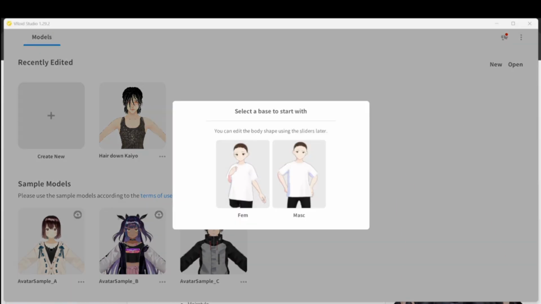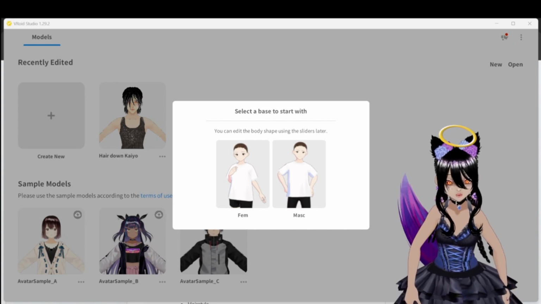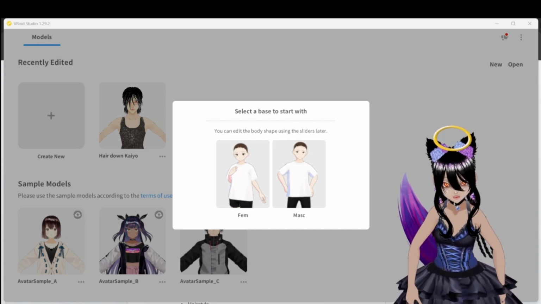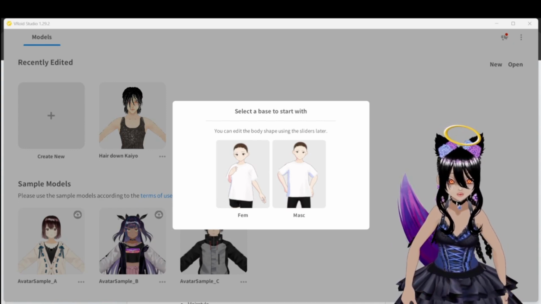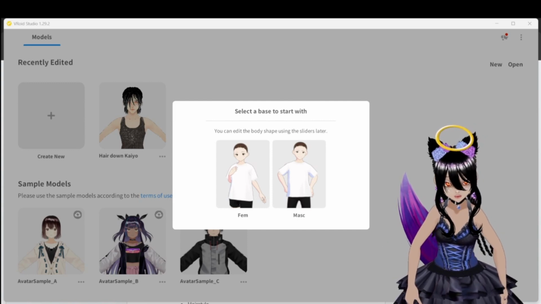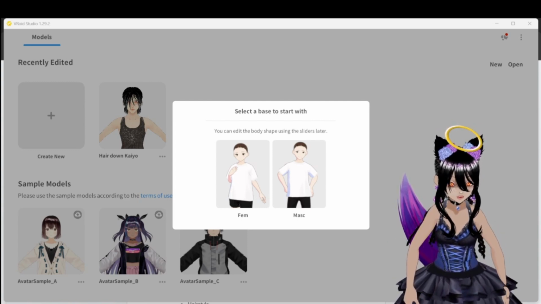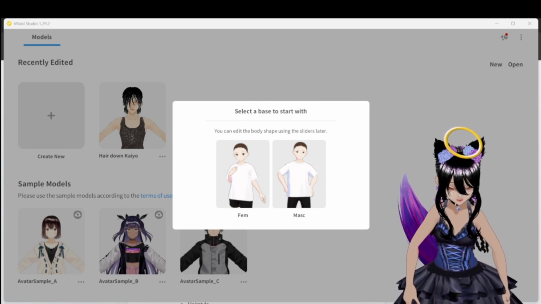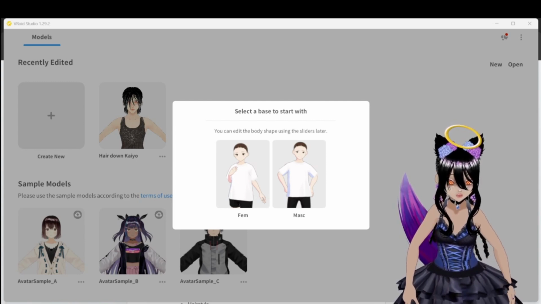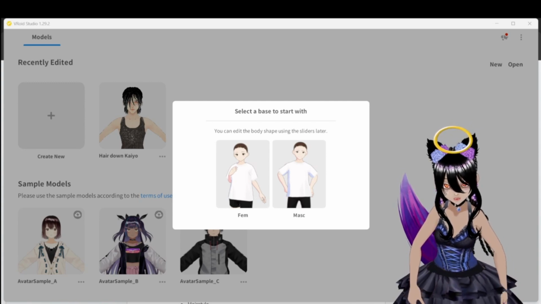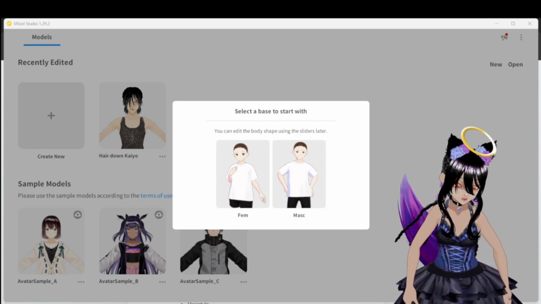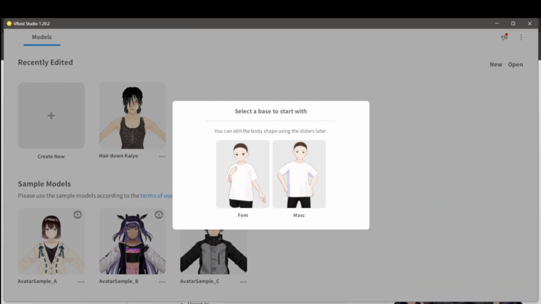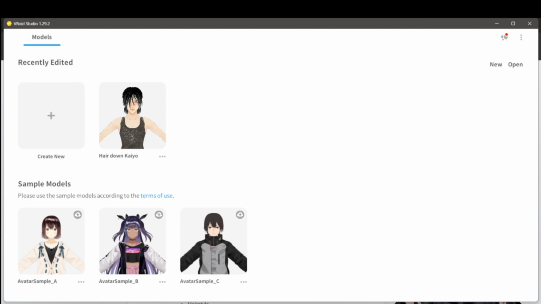And in create new model, you're going to choose either the feminine base or the masculine base, and it's of your choice which one you want to create. So first you would need to think about what your OC looks like and everything like that, and create your model. And it's as simple as clicking which base you want to use. So I'm not going to start by recreating a new one on mine, so I'm just going to go ahead and click off of it like that, and this is the base I'll be using for mine. Okay,